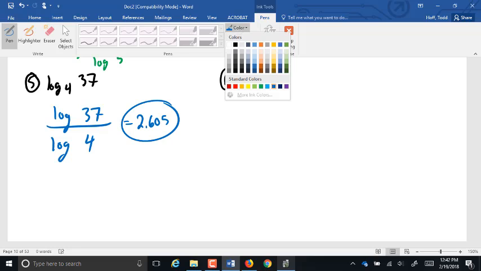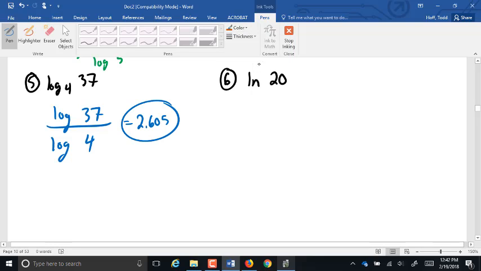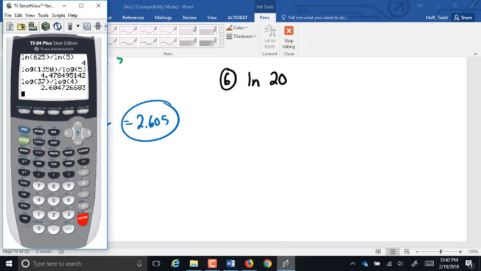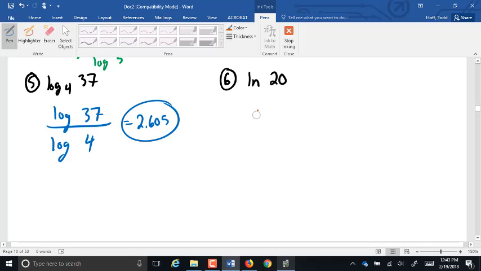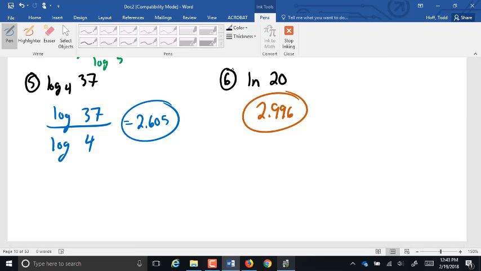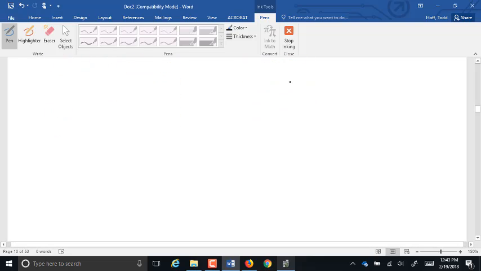How are we doing so far? Good? Well, now this next one, ln of 20, I'm just going to punch in ln 20, 2.996. Any questions on those? What do we use those for? Well,